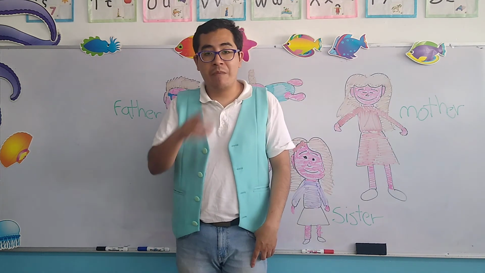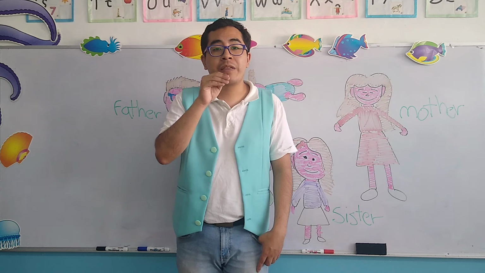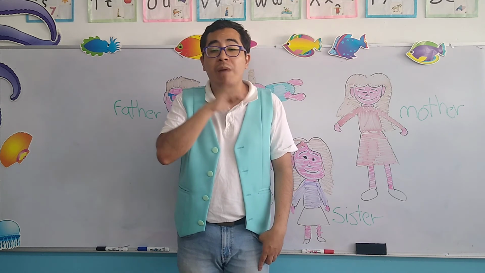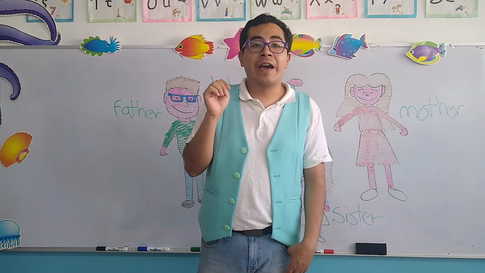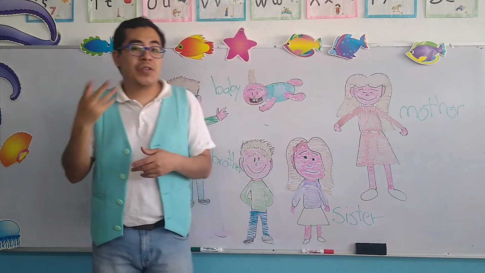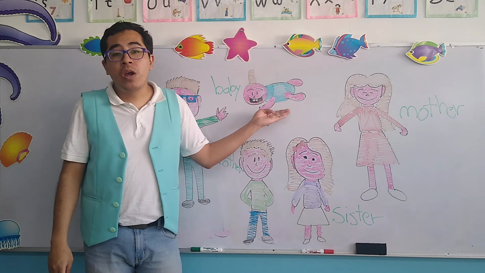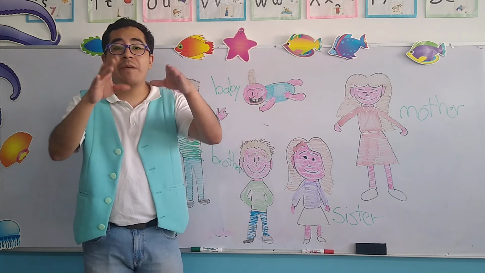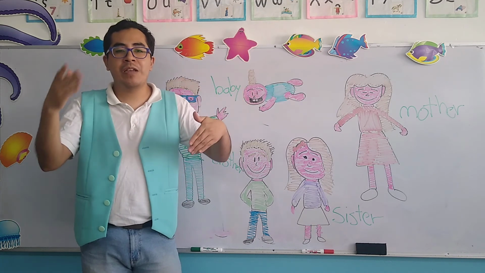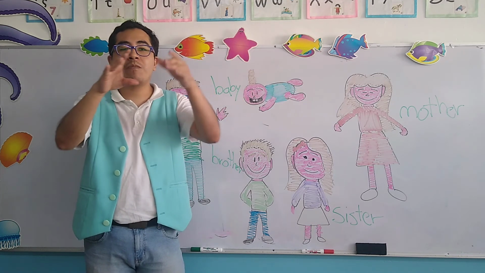The baby, remember, they don't talk, okay? They babble, okay? Babble, balbucean, they don't talk, no hablan, okay? And in the case, obviously, they can be either boy or girl, but they are defined by the name baby. Okay, aunque sea niña o niño, siempre nos referimos a ellos como los